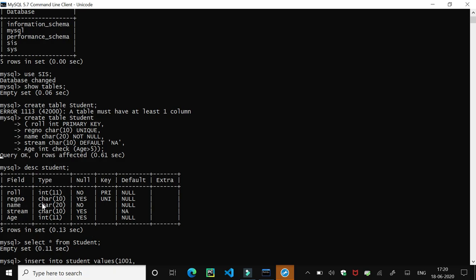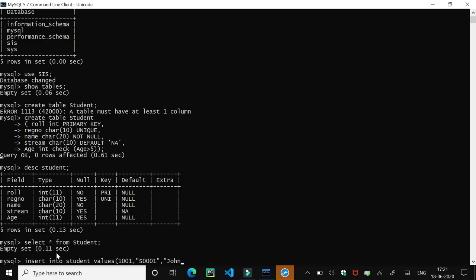Next is the registration number. Registration number is of character type, so I need to put it in double quotes or single quotes. So I am giving the registration number as S001. Whenever there is a character value, it can take alphabets as well as digits. Now again comma. Then the next is the name. As name is a character, I again need to put double quotes or single quotes here.